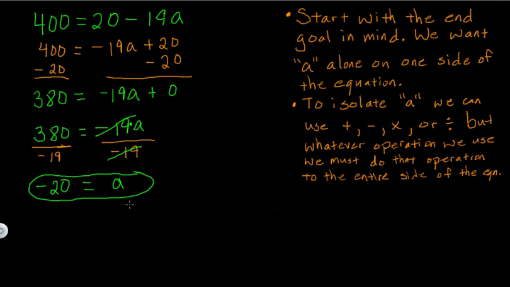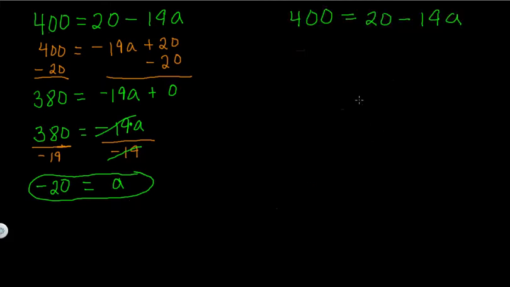Okay, so another way that we can solve this same problem is to solve it horizontally. So we'll do that very quickly. Okay, same problem. 400 is equal to 20 minus 19a. Here, I want to use the commutative property to rearrange the right side. So I'll write this as 400 is equal to negative 19a